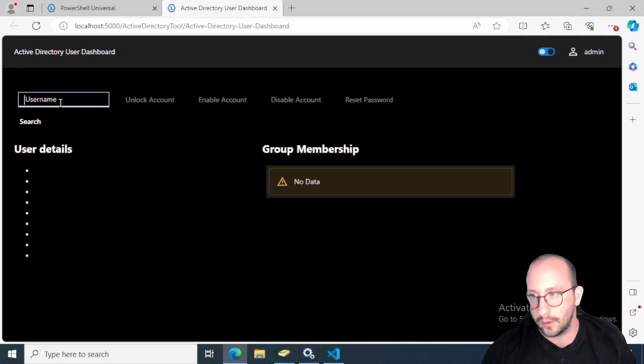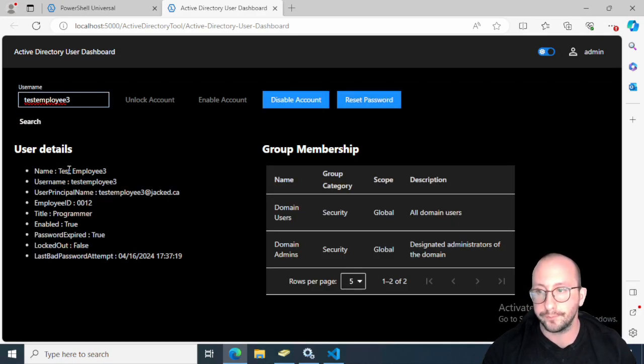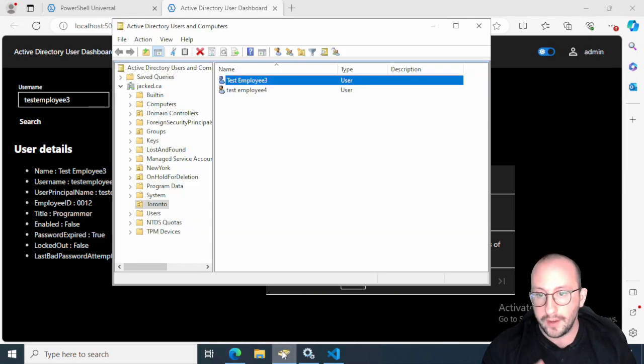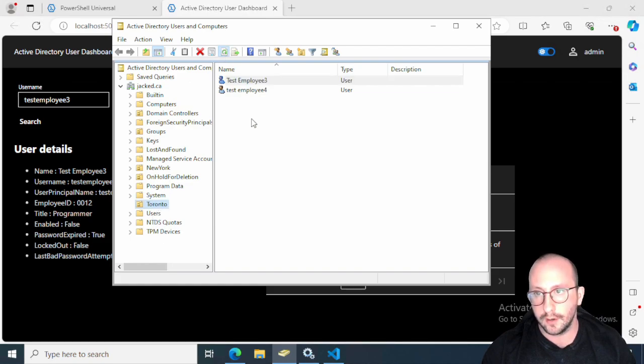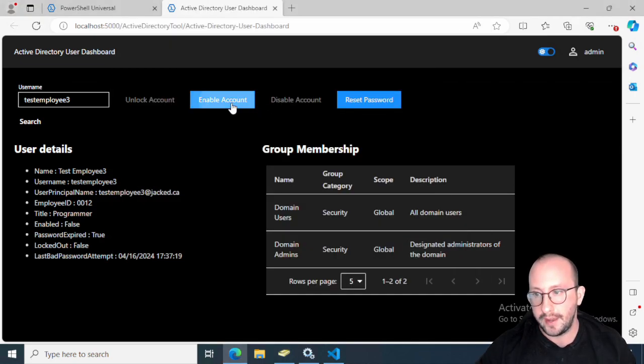Let's go back to our dashboard. Let's type in test employee 3. We can see that it is currently enabled. So if we disable the account, we see that it is now disabled because enabled is equal to false. And we can confirm that as well. If we load our Active Directory here, let me just refresh this, we can see our test employee 3 is disabled. And if we hit enable account,